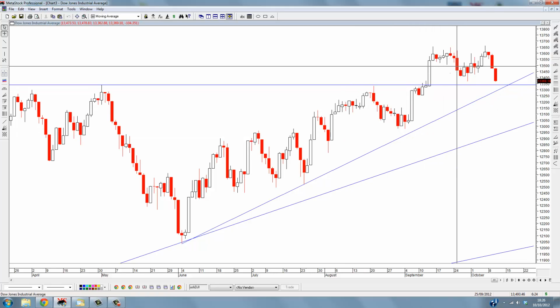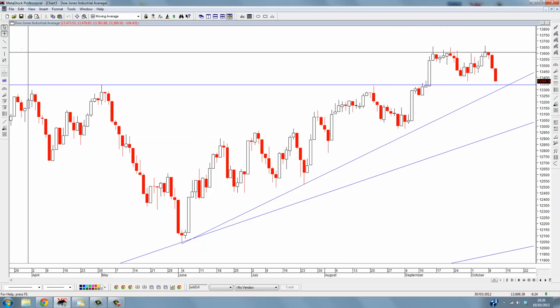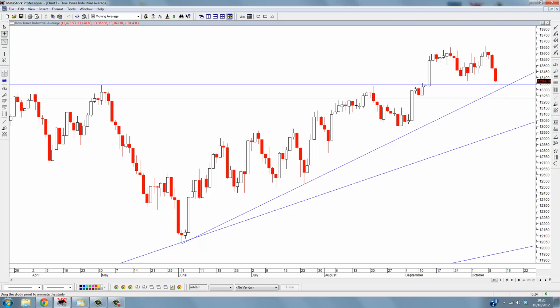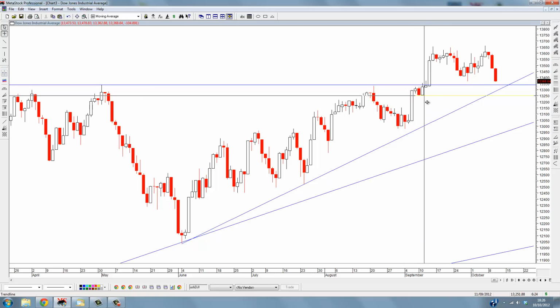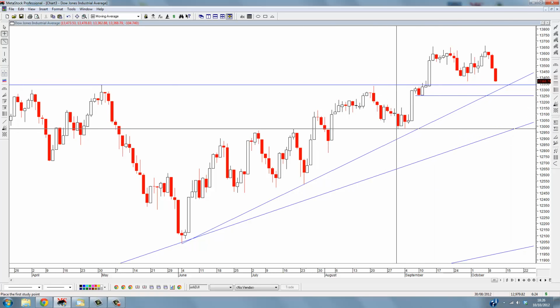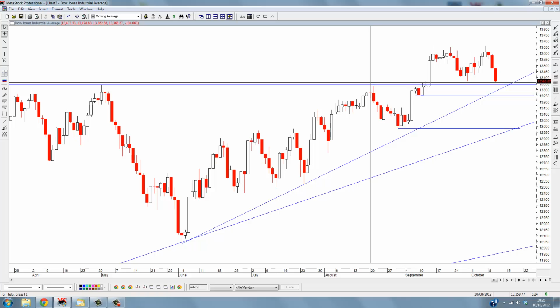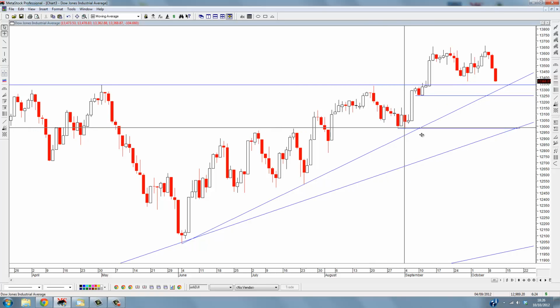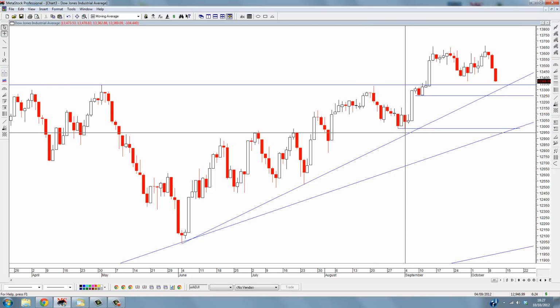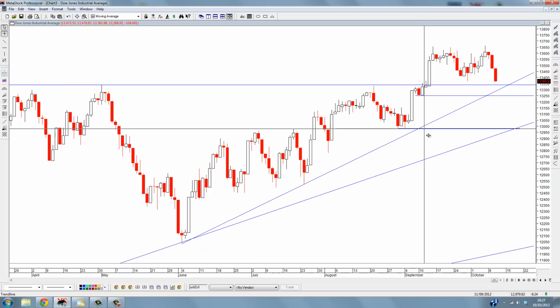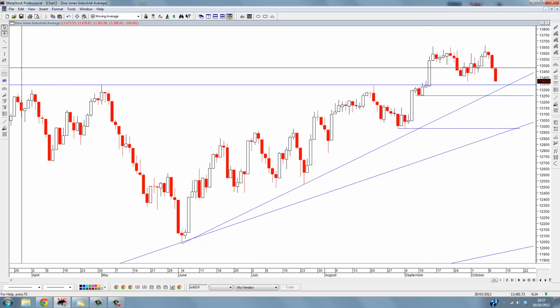So there's support there. There's also support here. It went up high, came back down, and it bounced up. So that's got some form of support along that line as well. There's another support here. It went up to here and came down here and it bounced up. So there's a support line there. Wherever prices have dropped down and bounced up, you can place your support line below that. So if I want to draw more support lines,